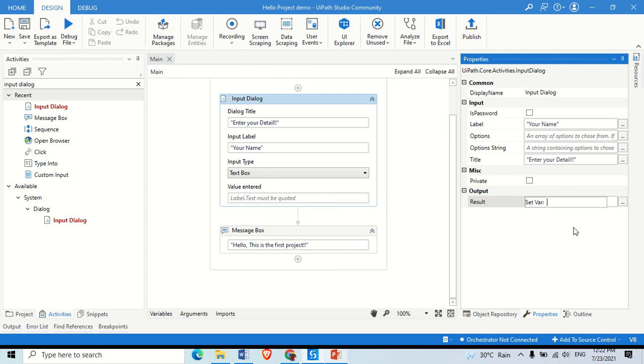Once you press Ctrl+K, it will ask you to set the variable. You can see Set Variable has appeared over here. Let us name the variable as name. This is the variable which will be created, and it will store the name which will be entered over here. Once you press Enter,